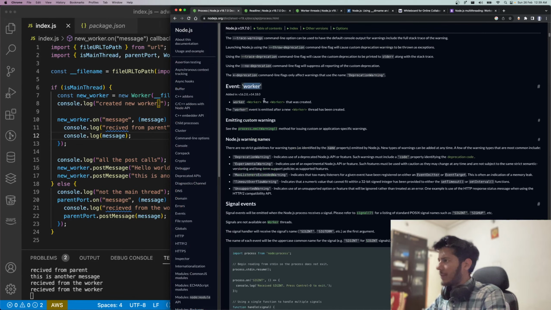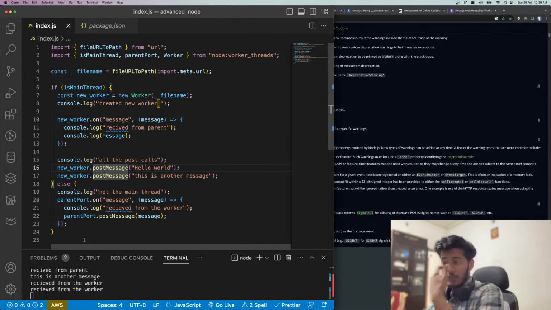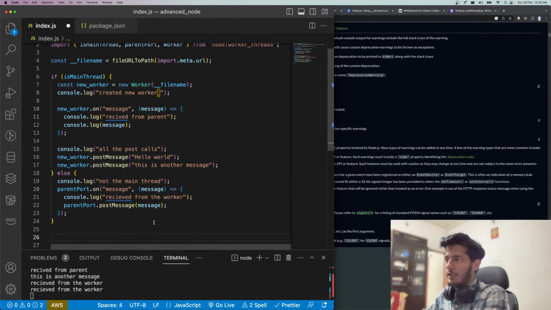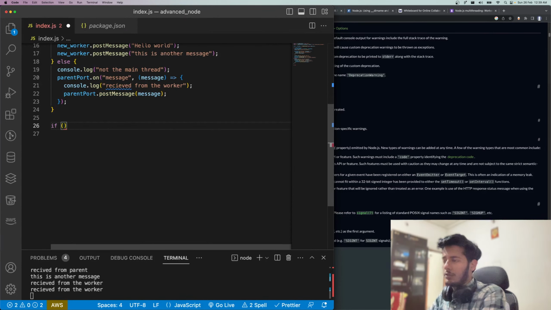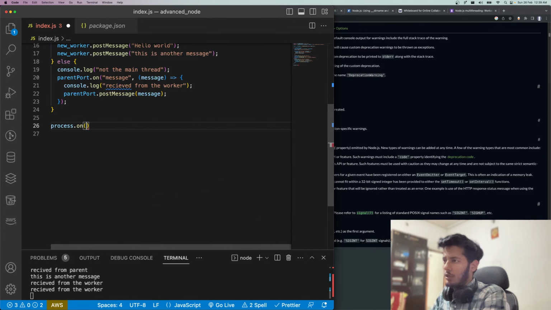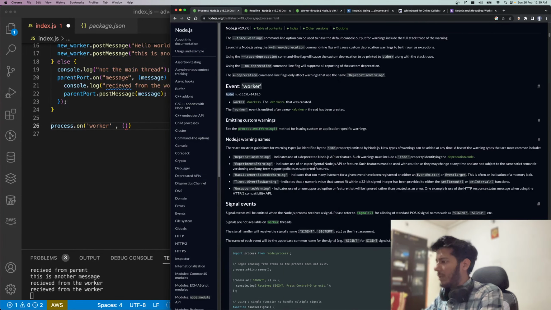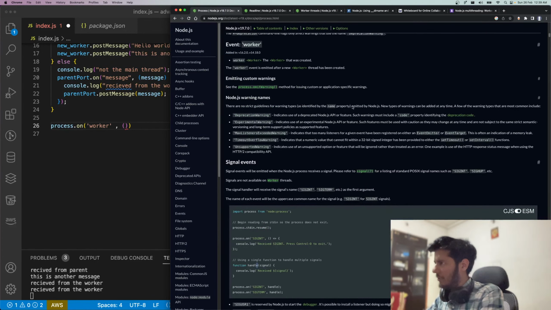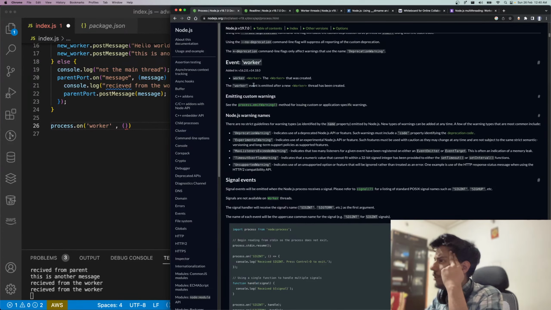But first, let's try this. Is the worker event working, right? We'll do this definitely, but let's see, does the worker event actually work? So if we just say process.on worker event, right? What do we get as a callback? So on the worker event, we do get